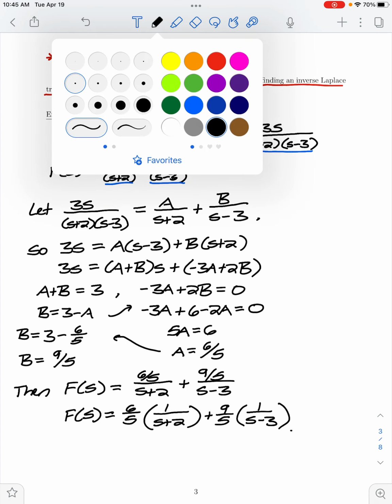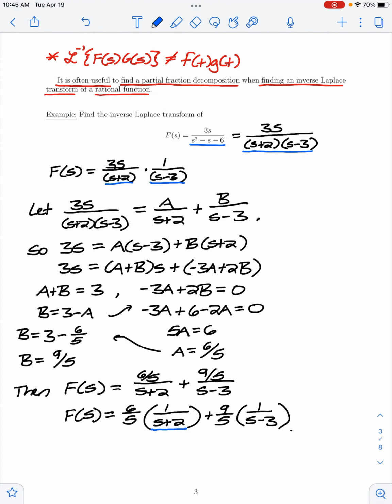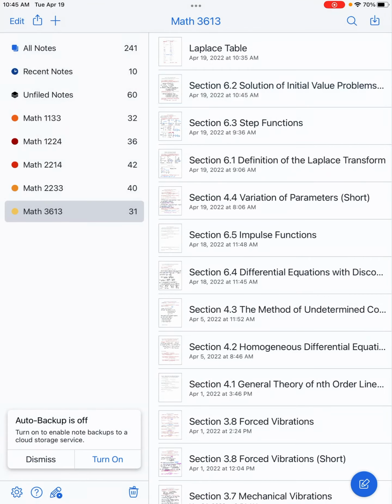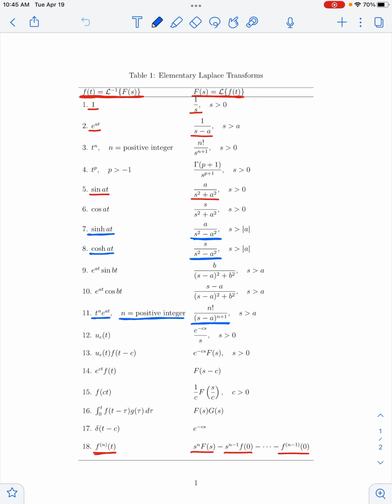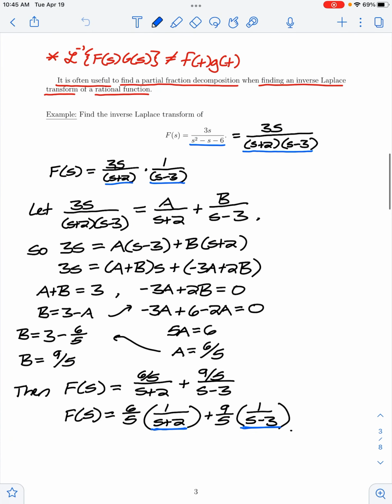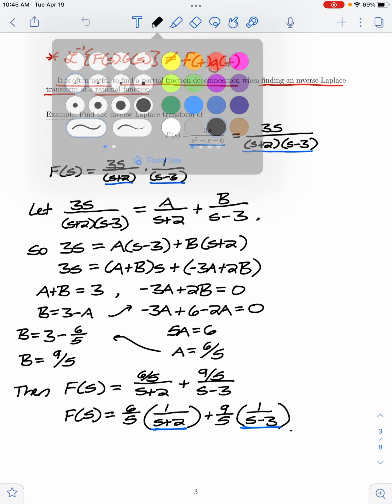So now, looking at my denominator of these respective terms, I see that I have a linear term, something like s plus 2 or s minus 3. And comparing with the properties in my Laplace table, I see property 2 has a function whose denominator is a linear term, s minus some constant, s minus a. So using that property